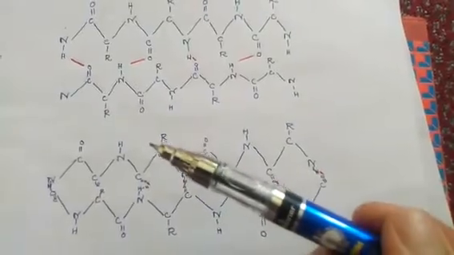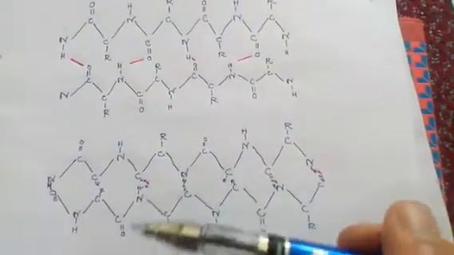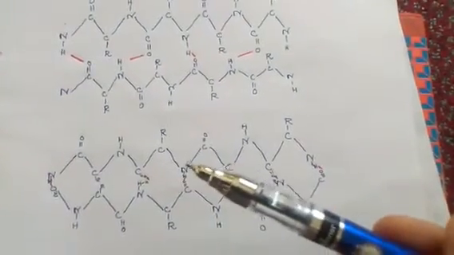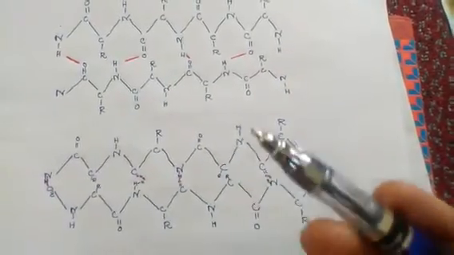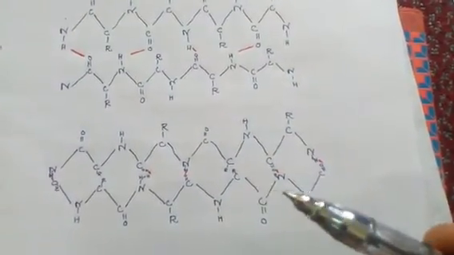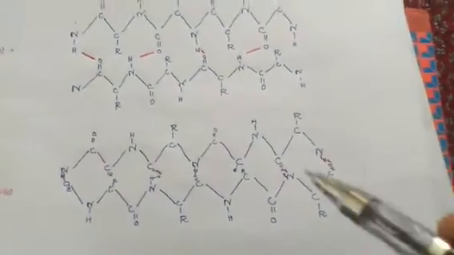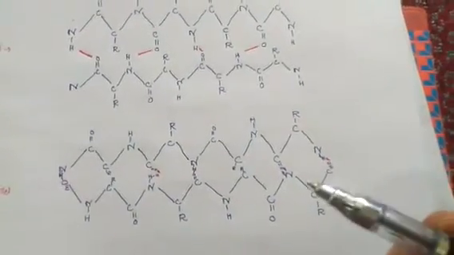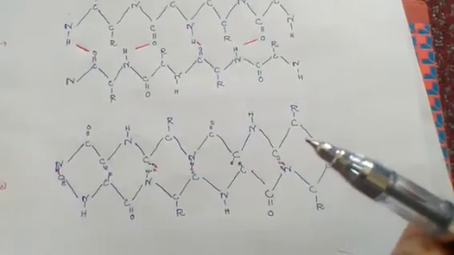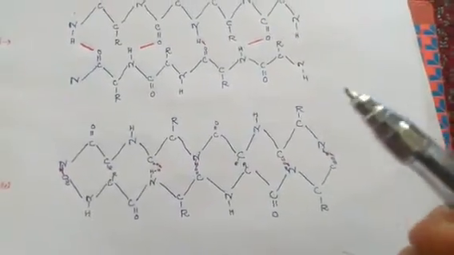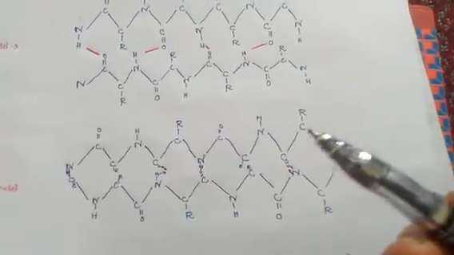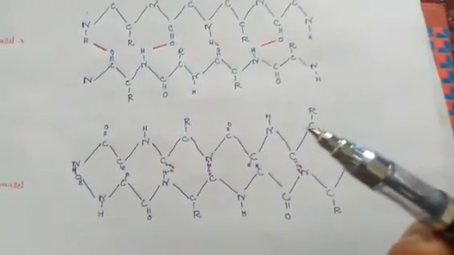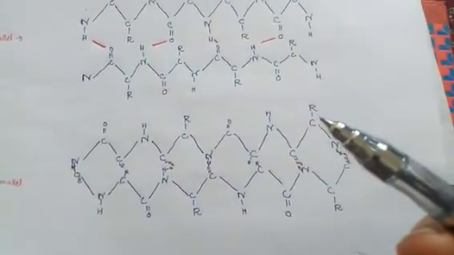Let us see what these beta sheets are. The beta sheets are also called beta pleated sheets, and it is a common pattern of regular secondary structure in proteins. Let me tell you first that this beta sheet structure was proposed by William Astbury in the 1930s, but a refined version of this beta pleated sheet structure was proposed by Linus Pauling and Robert Corey in 1951.